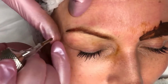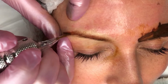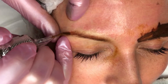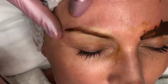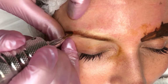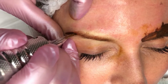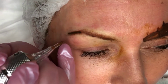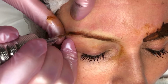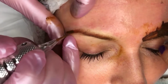Here you can see that I decide to change the needle, and for the eyebrows I choose a 5 round liner, because her skin is very moisturized. She did a peeling. She just told me that she did a peeling like 3 weeks ago, and she did moisturizing masks and cares about her skin. Naturally she has a dry skin type, but